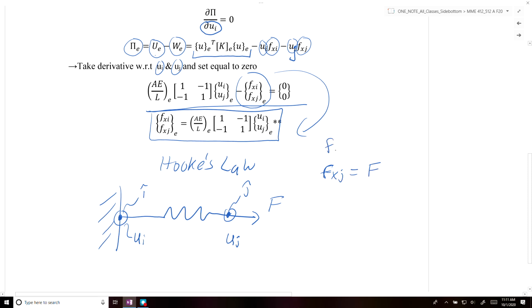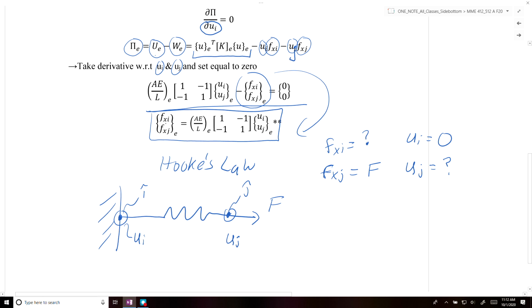The force being applied at point i is unknown at this point, and then the displacement at point i is 0, and the displacement at point j is unknown. Okay, so we can solve for those unknowns. We can solve for our unknown u of j using this equation up here. So if we do that, we can say that